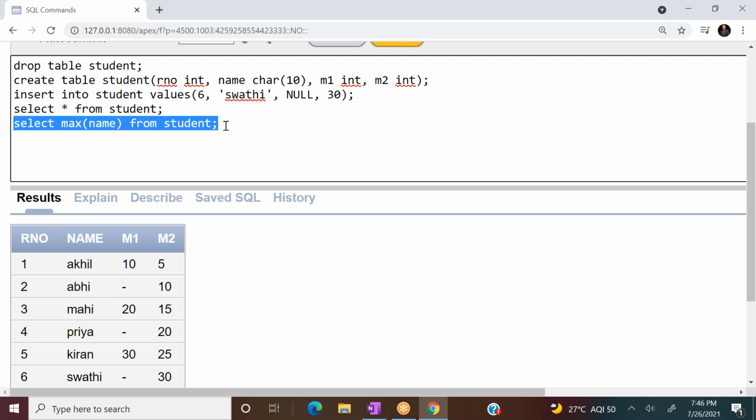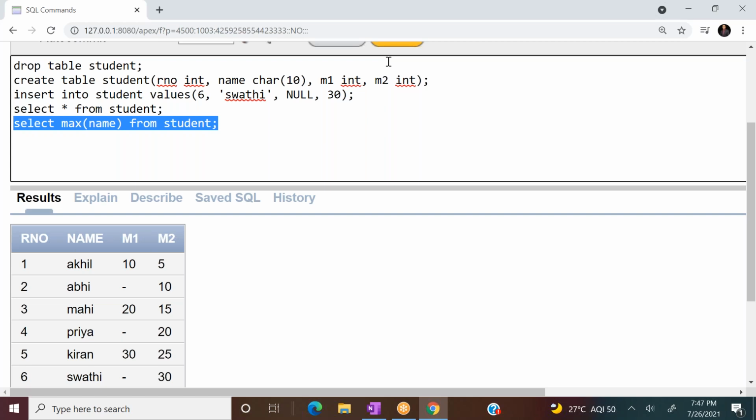As we used char data type, I think number. And do remember, Narendra, minimum and maximum you can use even for character types also, even for char data type also. Max of name is valid one. If max of name is valid one, then what is it going to display as the output? Kiran. Why Kiran?